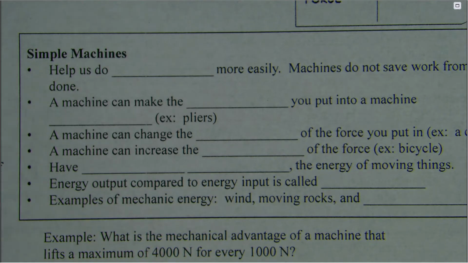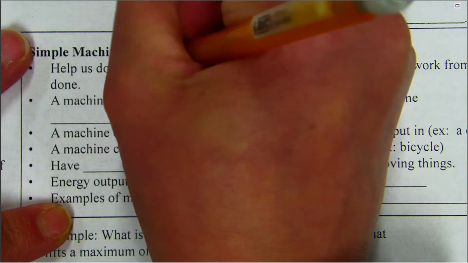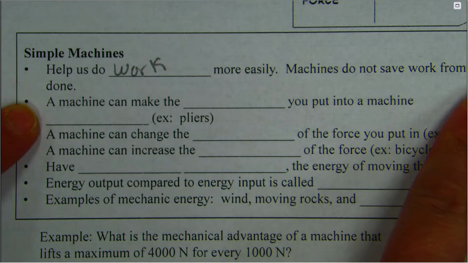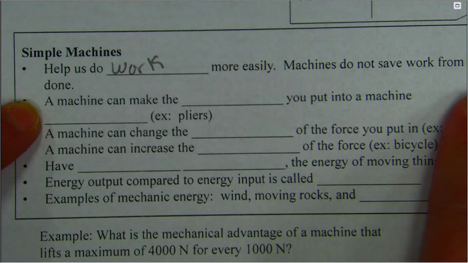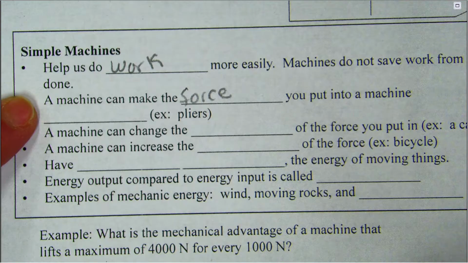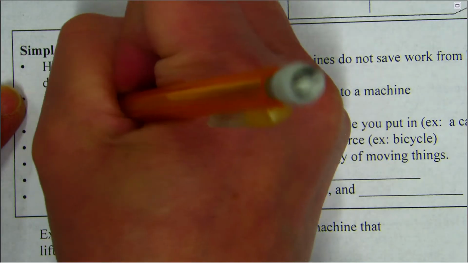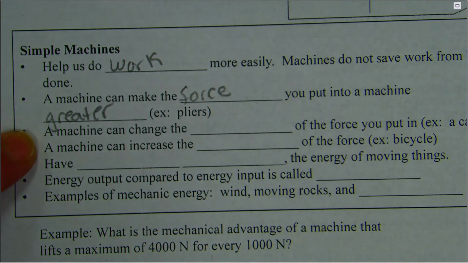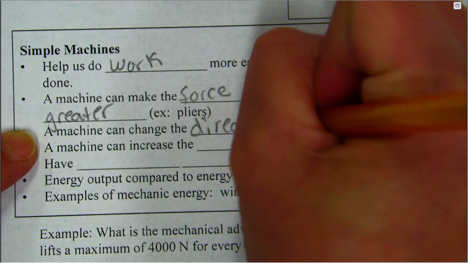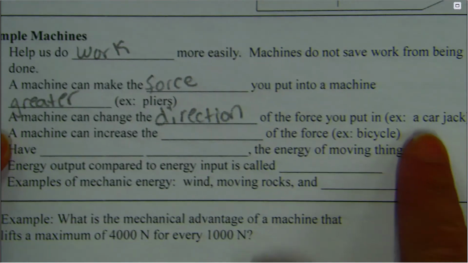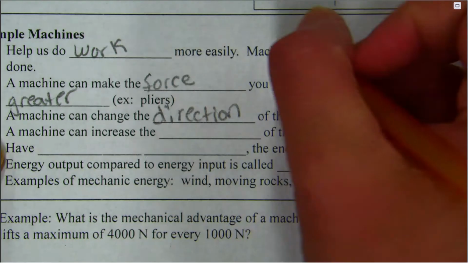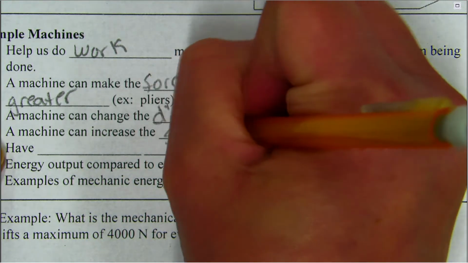All right, so simple machines do help us do work more easily. They do not save work from being done. They just help it be done more easily. A machine can make the force that we put into an object greater, for example, pliers. A machine can change the direction of the force, for example, a car jack. If you've ever had a flat tire, you may have had to use a car jack. A machine can increase the speed of the force,